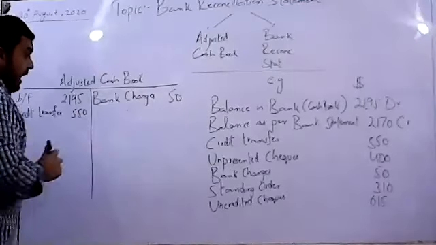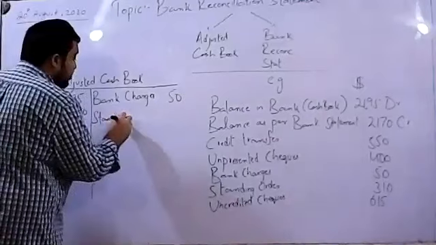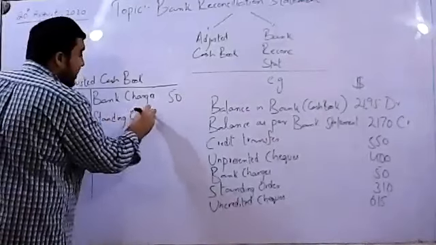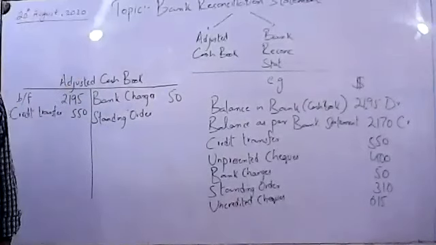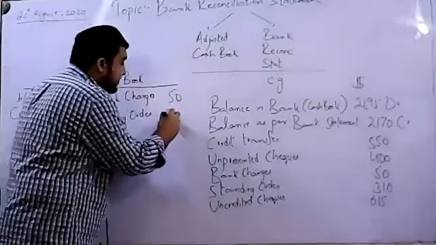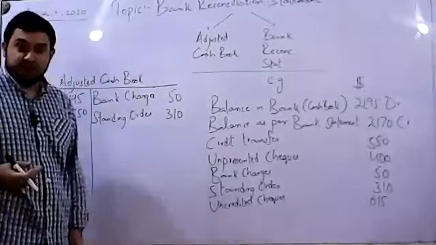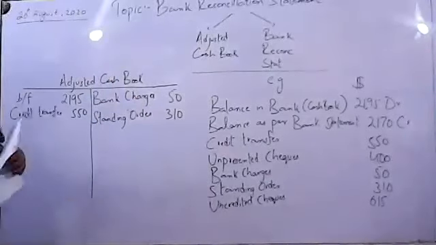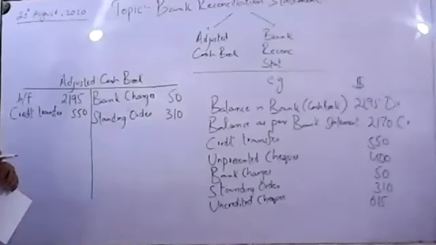After that, we have standing order. Standing order is basically an instruction by us to the bank to pay some particular party on a particular date. And when do we get confirmation about that payment? Whenever we request a bank statement. So after we see that a bank statement has payments made from our bank account, we'll be crediting our cash book as well, because any payment that we make is actually a credit into the cash book.